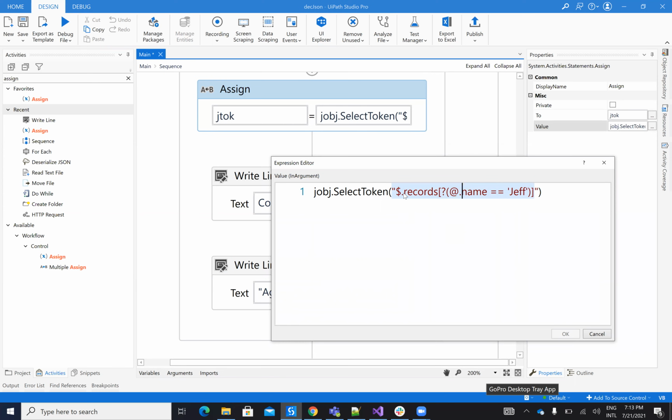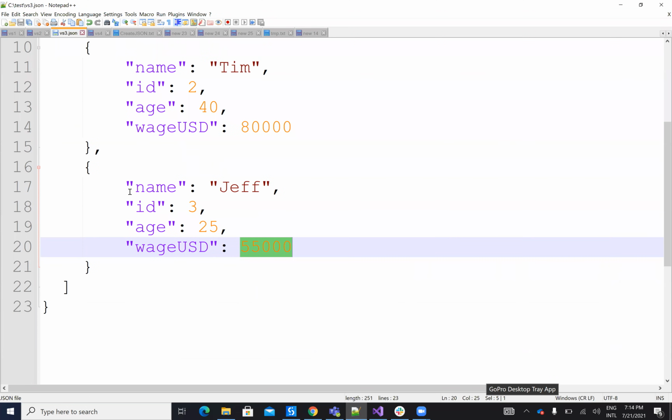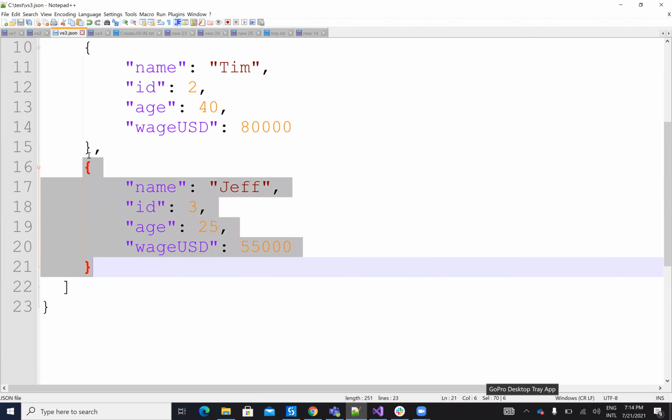I will go to the records and put this dollar in front of the vector, and here I put this condition: name should be Jeff. So the system will go and search all my records, and it will pick the record where we have Jeff. The system will return this record.